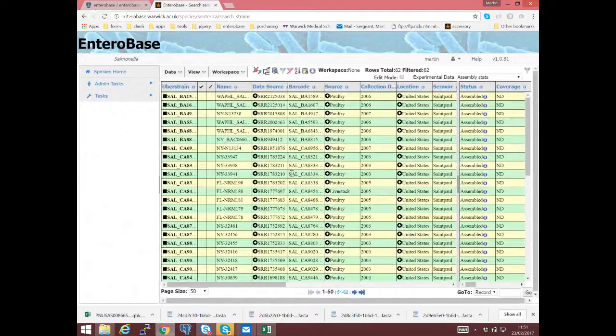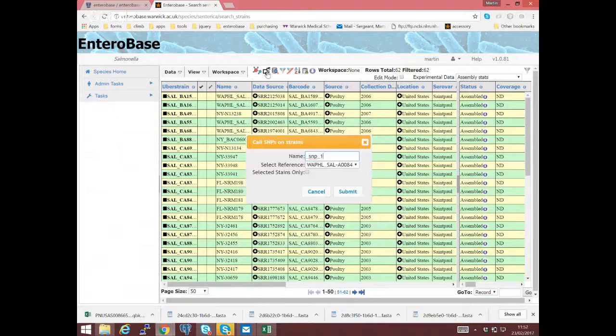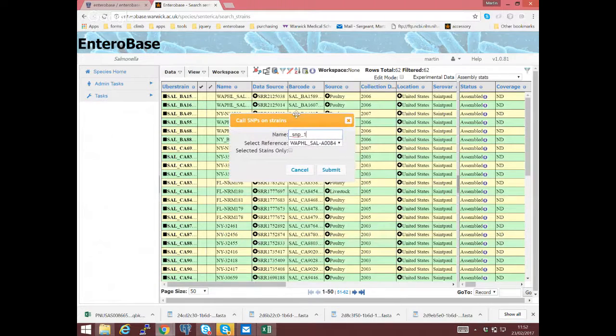There was a good argument the other day between minimal spanning trees and calling SNPs. So there was a very good fight. But I think SNPs obviously give better resolution at the very minute level. But when you're looking for a broader range, then MLST is much quicker and better. But anyway, with all the data in here, so there's 62 strains, we're going to create a tree,